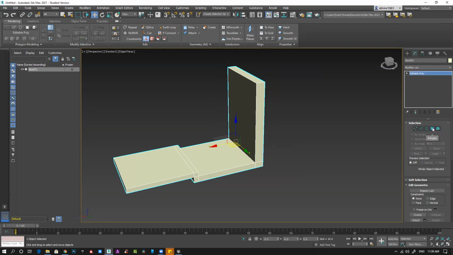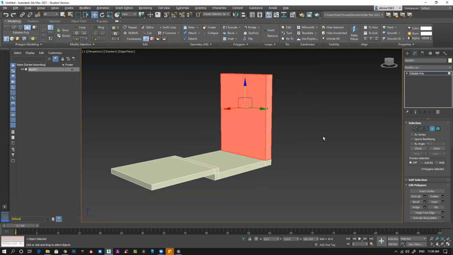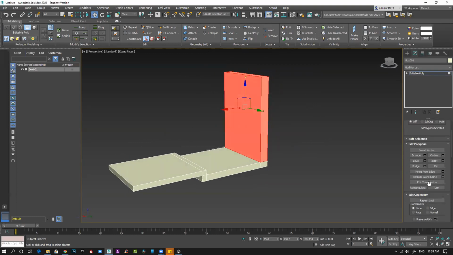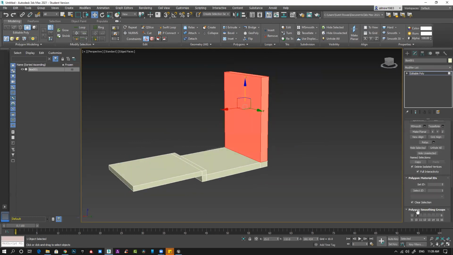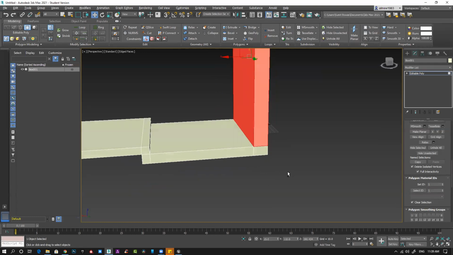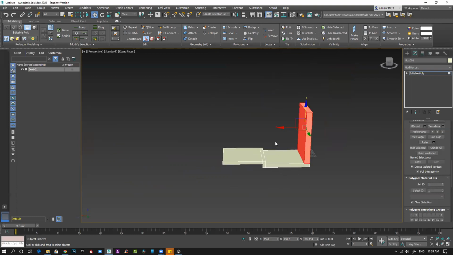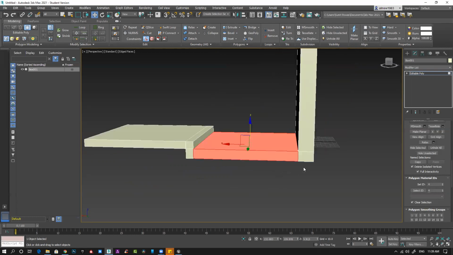multiple materials. For this wall, I want to have a separate material. So I can simply change a material ID to 1, then select this one.